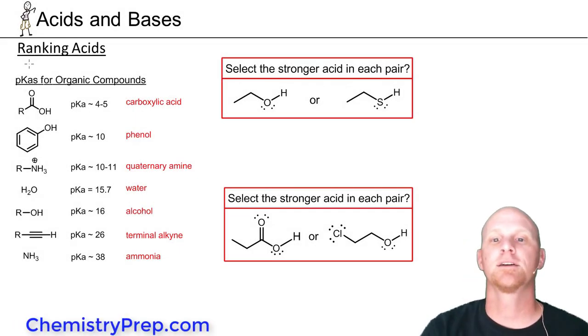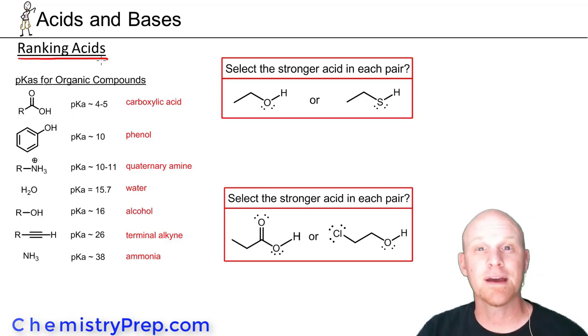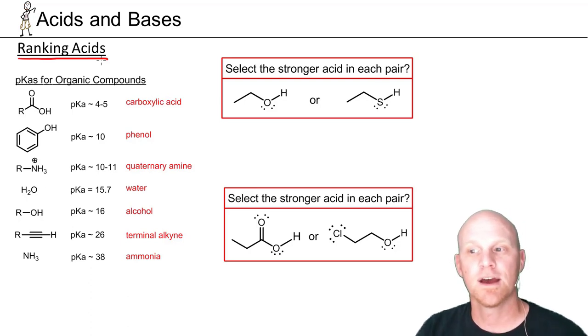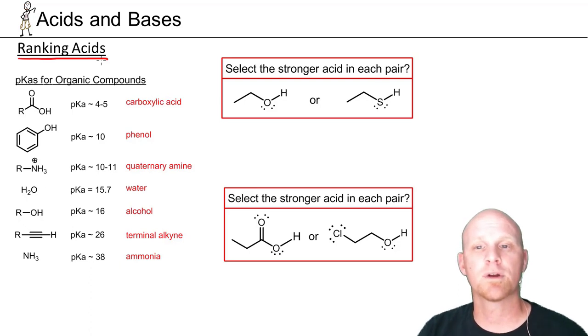So now we're finally going to talk about ranking acids. We've spent a lot of time here comparing bases, and that's what the rules in the REO mnemonic are for. They're for comparing bases. But the idea here, we've already talked about, is that the stronger an acid, the weaker the conjugate base. And so a stronger acid has a weaker, more stable conjugate base. And so generally, if you've got to compare bases, that's what the rules are for. You're ready to go. But if you've got to compare acids, the first thing you're going to do is draw